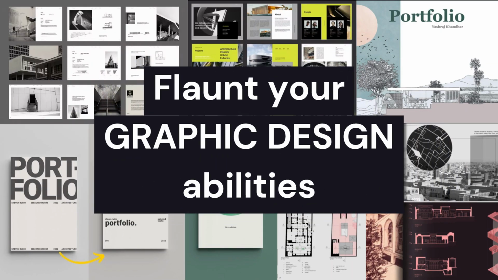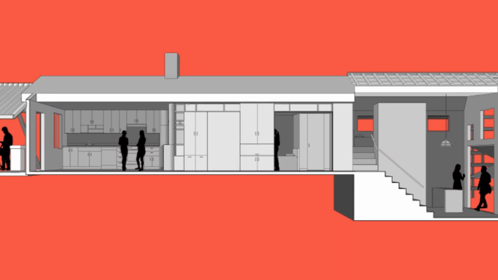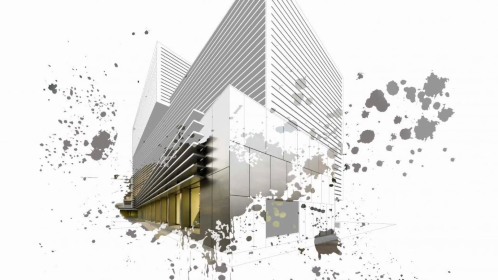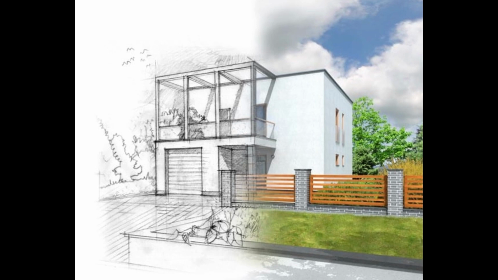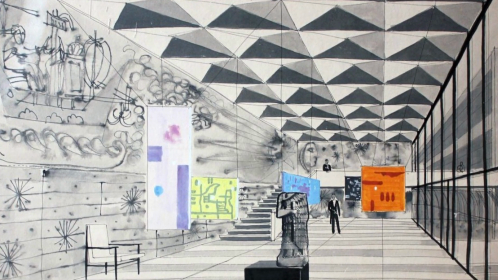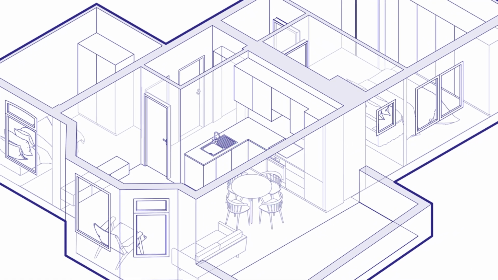Number 4. Make the most of your graphic design abilities. Every good architecture school provides its students with a foundational understanding of graphic design. These abilities are further applied in the design process, where you can improve your design work by utilizing a variety of software programs including CorelDRAW, Adobe Illustrator, Adobe Photoshop, Behance, Adobe InDesign, etc.